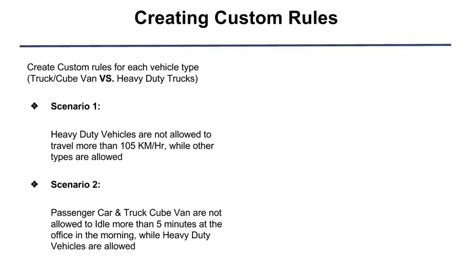passenger vehicles. For example, as we can see in our first scenario, a heavy-duty vehicle is not allowed to travel 105 kilometers per hour, while the vehicles such as a passenger truck and a truck cube van are allowed. In scenario number 2, a passenger and a truck cube van are not allowed to idle more than 5 minutes at the office in the morning, while a heavy-duty vehicle is allowed. So how can we create a custom rule to allow us to track each specific incidence based on the vehicle